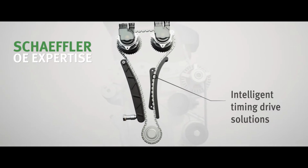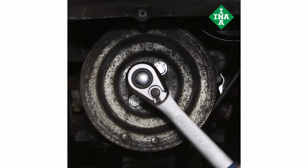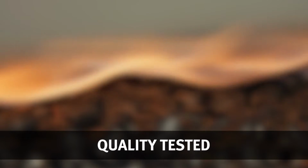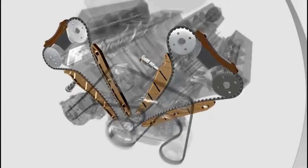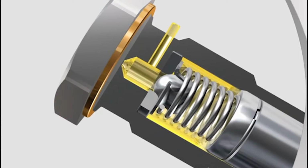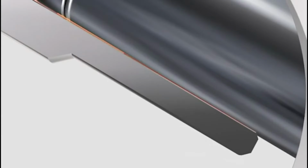Each component in the kit is made to meet original equipment performance and, in some cases, improves upon it. To ensure quality, the metal components are heat-treated to optimal hardness. The high-grade polymers used in the guides meet or exceed the original equipment quality tests, and the tensioners are designed to have the proper oil flow to maintain consistent pressure to ensure the timing chain remains in the optimal tension